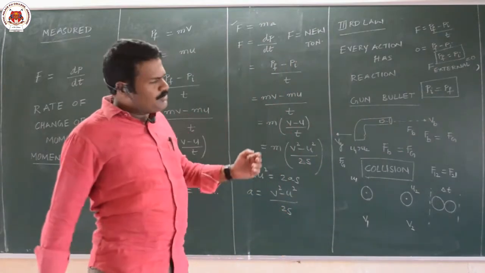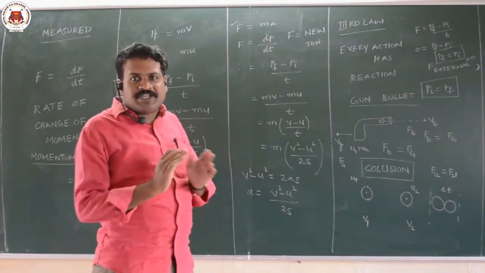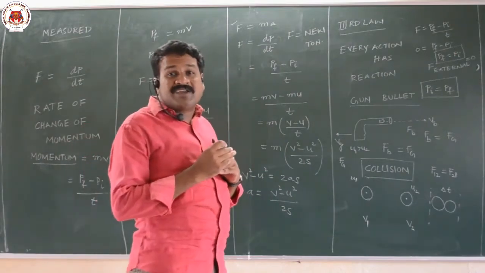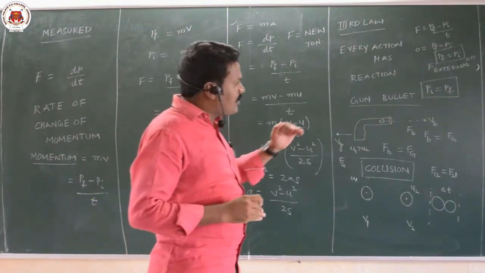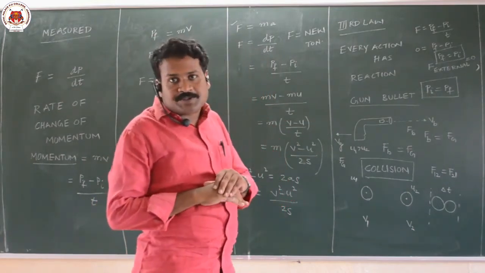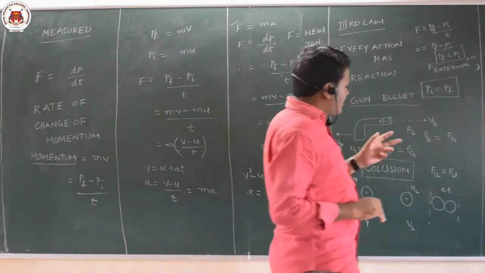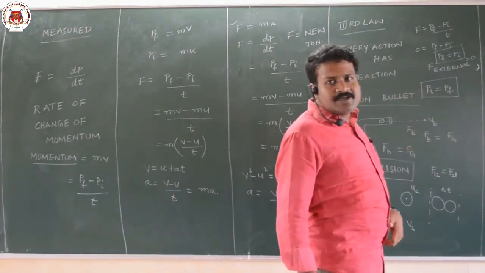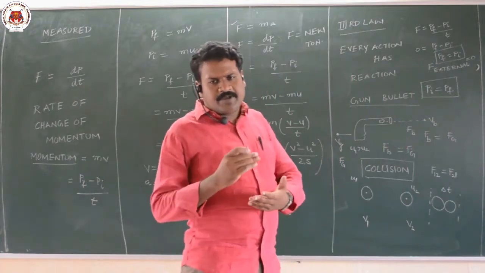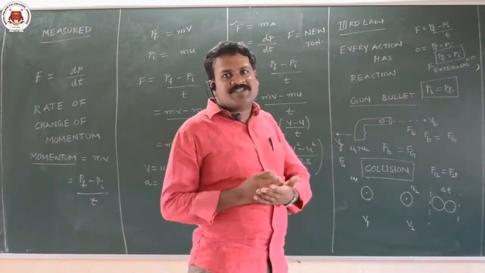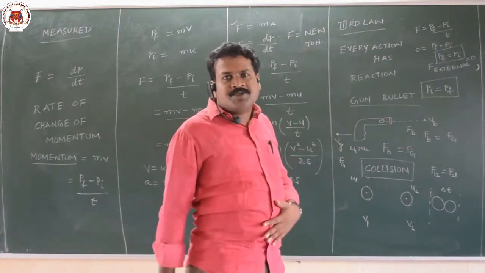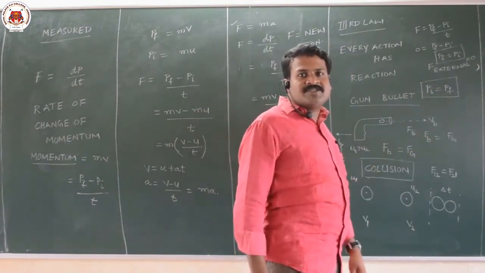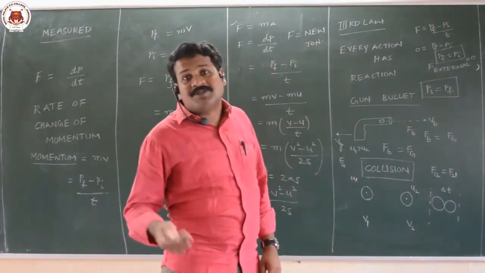It gives the direction in which the forces are acting. So the first law defines force, the second law calculates force, and the third law gives the direction of force. And these forces are not getting cancelled. Some people will think that if action and reaction are equal and opposite, the net force should be 0. These forces are not getting cancelled with each other because they are acting on different bodies.